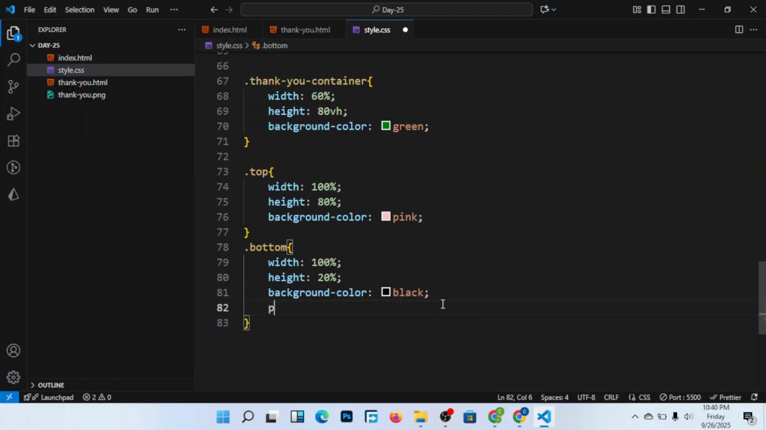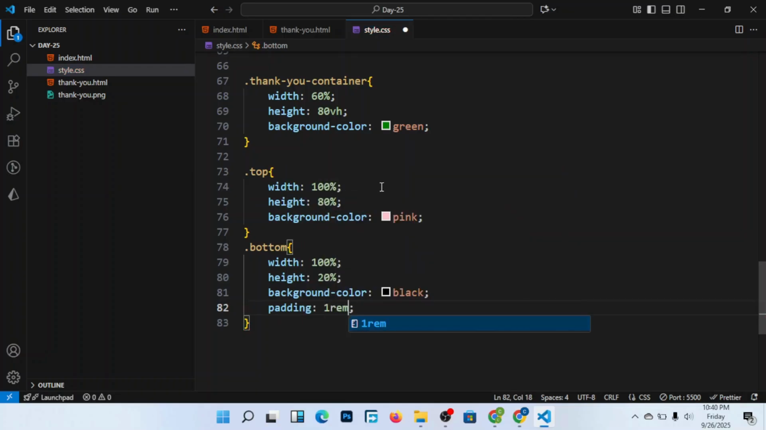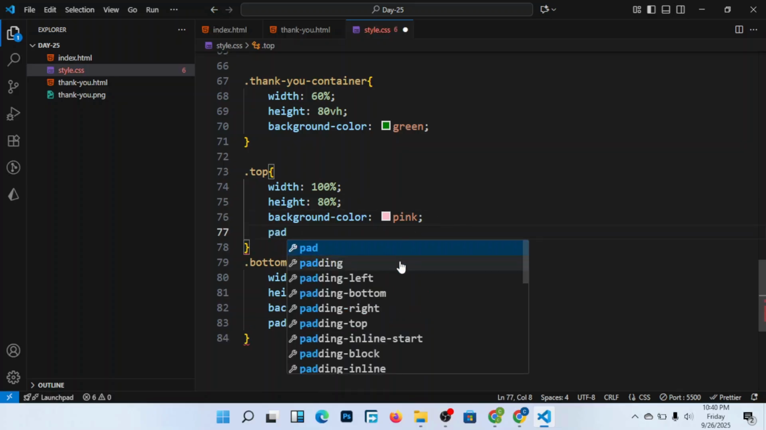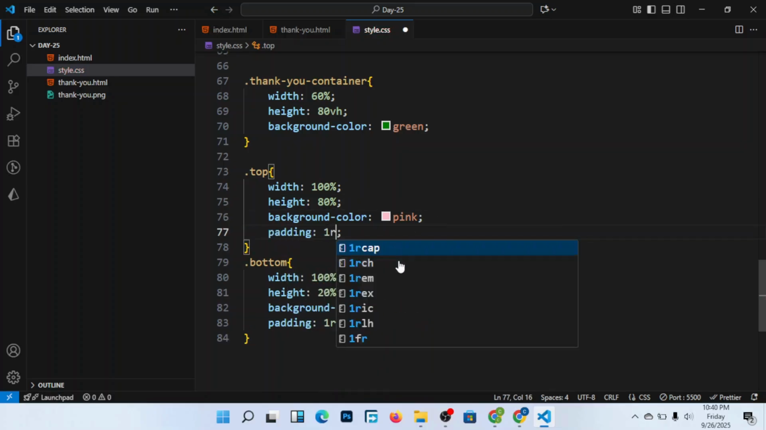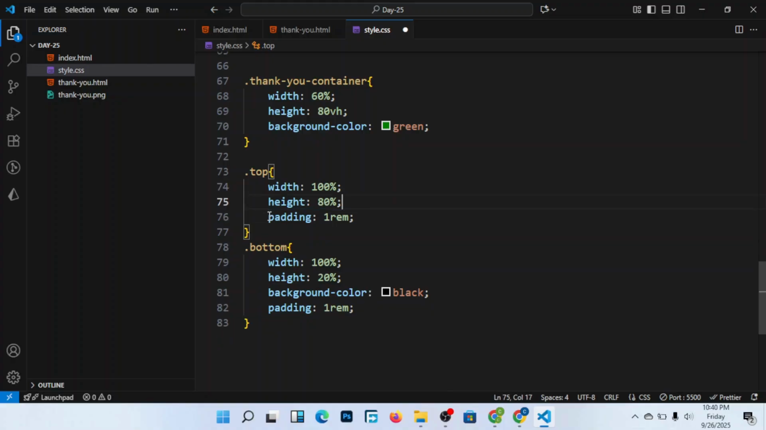And I come here. I say padding 1 rem. And also here padding 1 rem. Okay. So after doing this peak here, I'm going to just remove this peak, and I say here